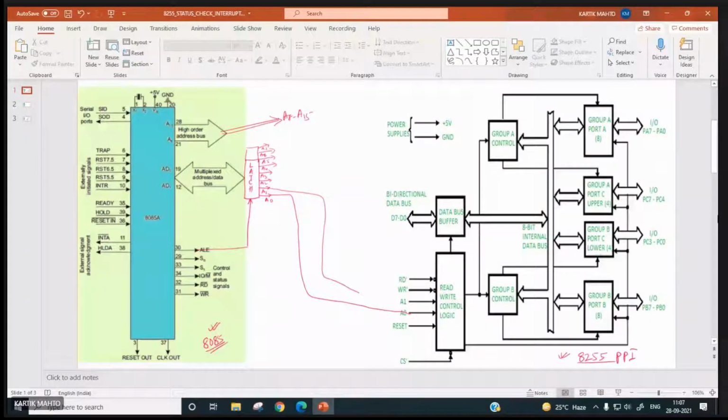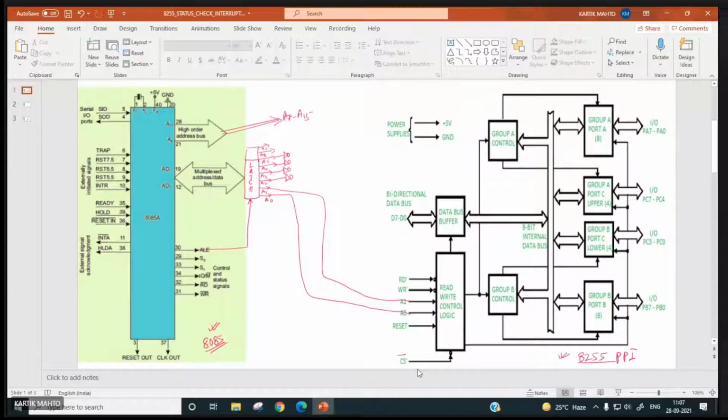right? And these unused address lines A2, A3, A4, A5, A6, A7 will be decoded properly for getting the chip select bar over here. So how will it be decoded? Suppose A2 is inverted, A3 is also inverted, A4 is also inverted like this.